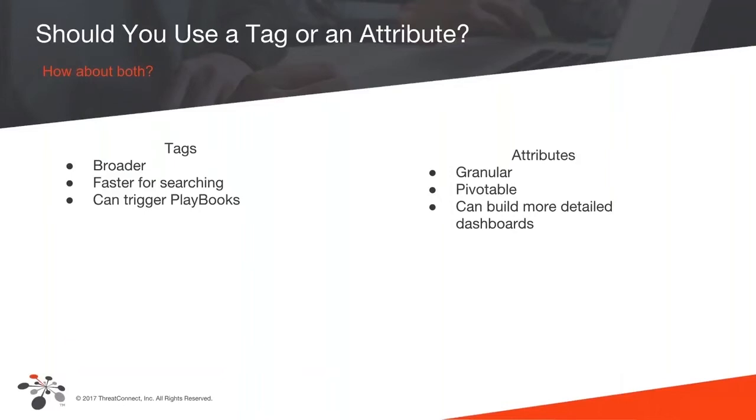Another thing, searching with tags. Searching with tags, you can put those in directly at the browser. You can do the same thing with attributes, but with attributes, you have to select which attribute type you want and then search from there. With tags, you throw it into that tag space there, and it'll bring back all relevant indicators, or groups if you're in the group setting.